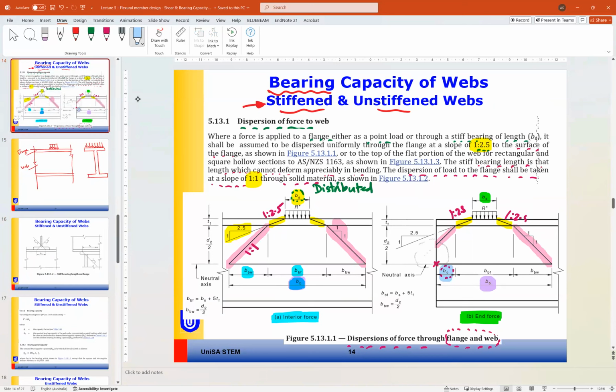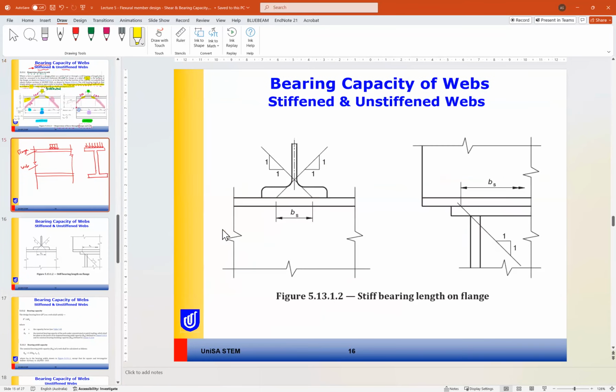Okay, and let's have a look at this statement again. The dispersion of the load to the flange shall be taken as a slope of 1 to 1 through solid material as shown in figure 5.13.1.1. So this is how to find, sorry, the width of the bearing. So if the beam,